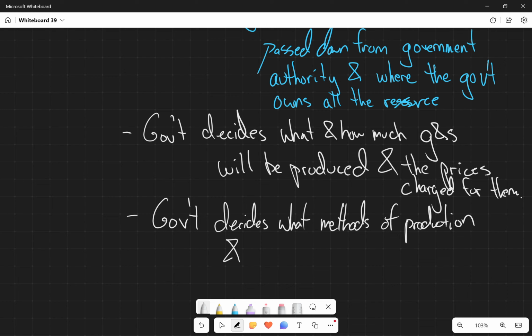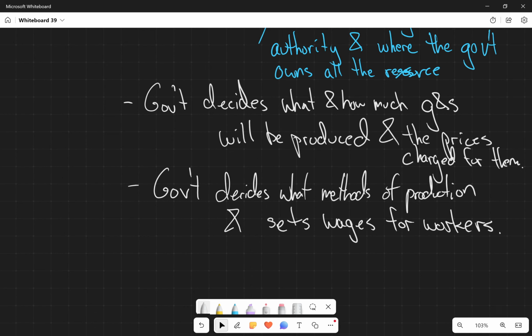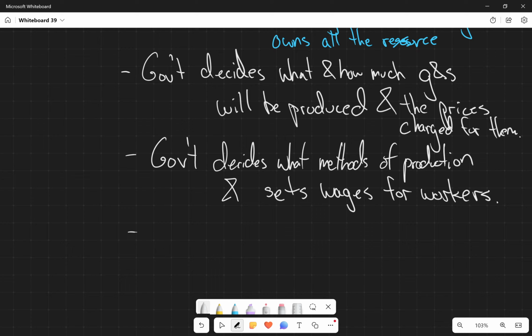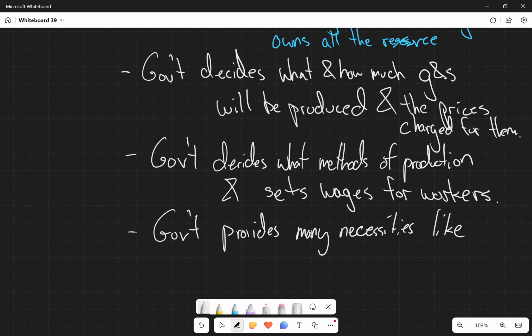And they set the wages for all the workers. Now, what's the silver lining of this setup? It's that the government provides many necessities like food, healthcare, and education for free.